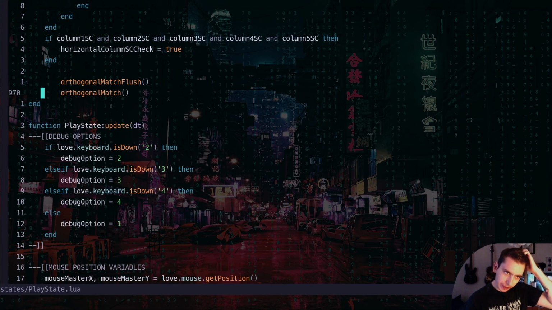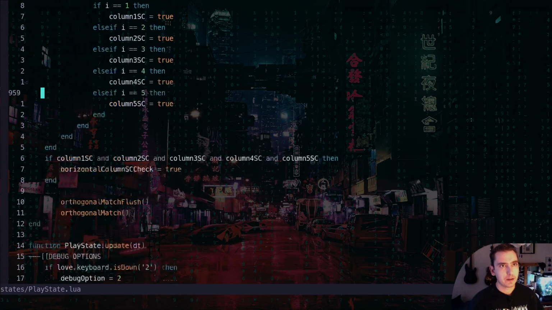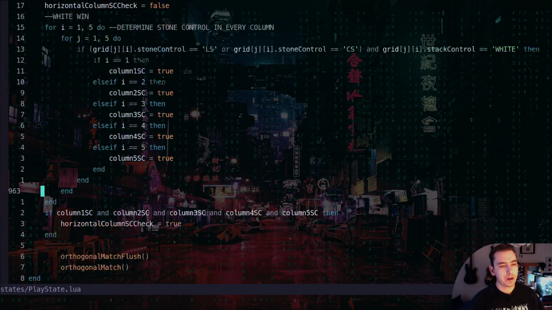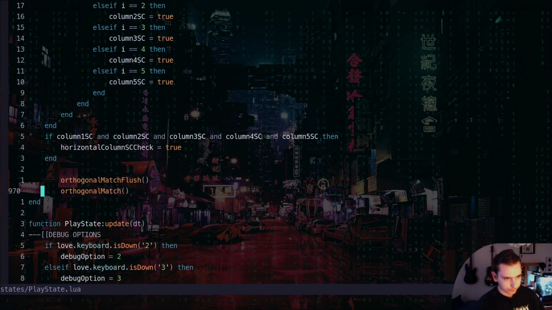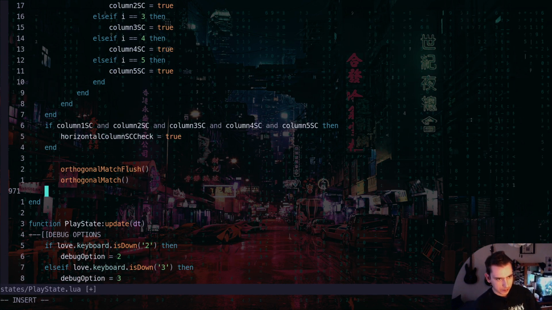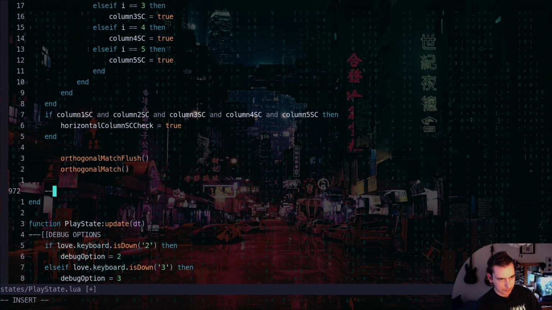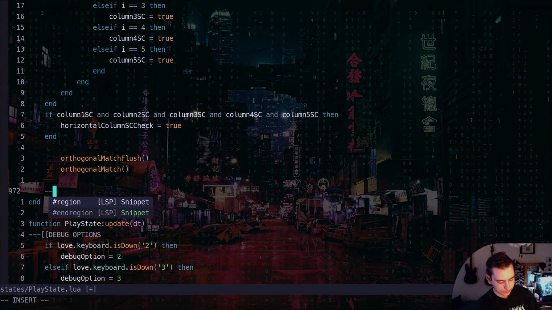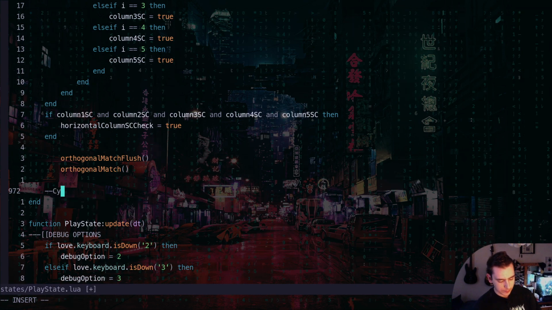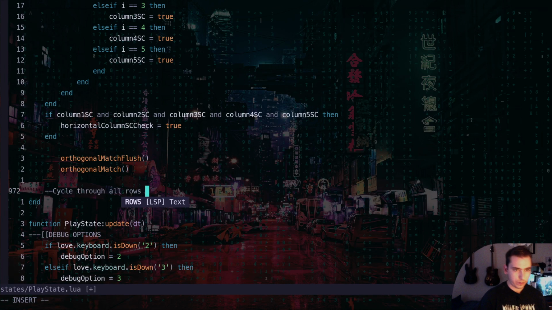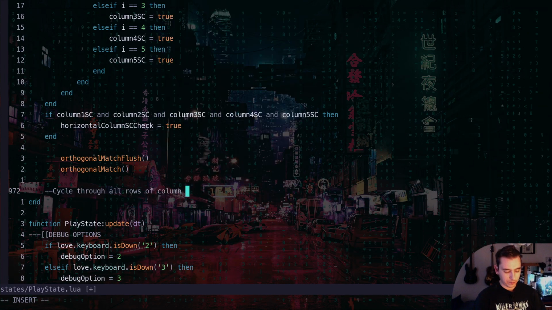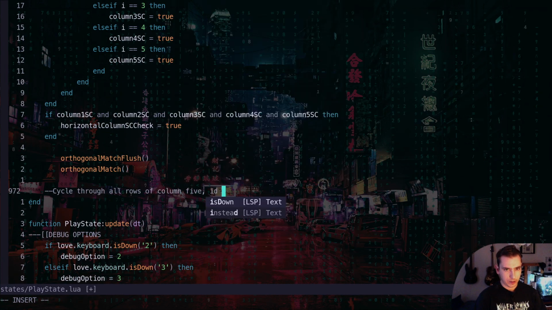I guess we'll figure that out with the actual win state. I want to leave us a note here: cycle through all rows of column 5 if